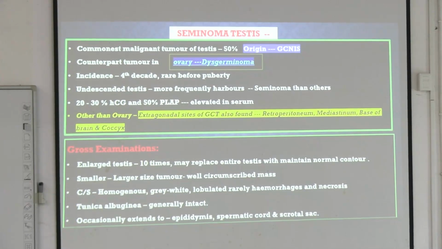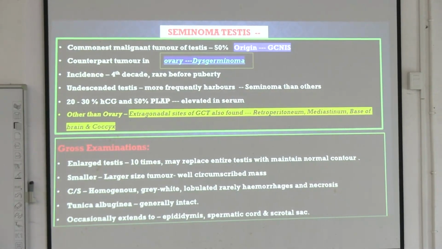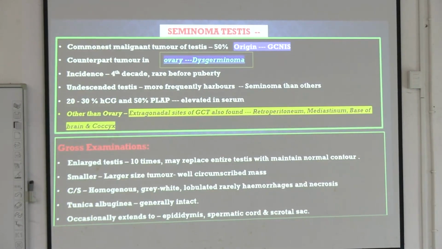They will ask in the oral exam about the extragonadal site for testicular tumor or seminoma. Now, gross: how is it asked? It is an enlargement of the testis, maybe 10 times, maybe totally replacing the testis, and usually it maintains the testicular shape, but it is enlarged. If it is a smaller one, it may be circumscribed to one part of that testis, and on cut section,